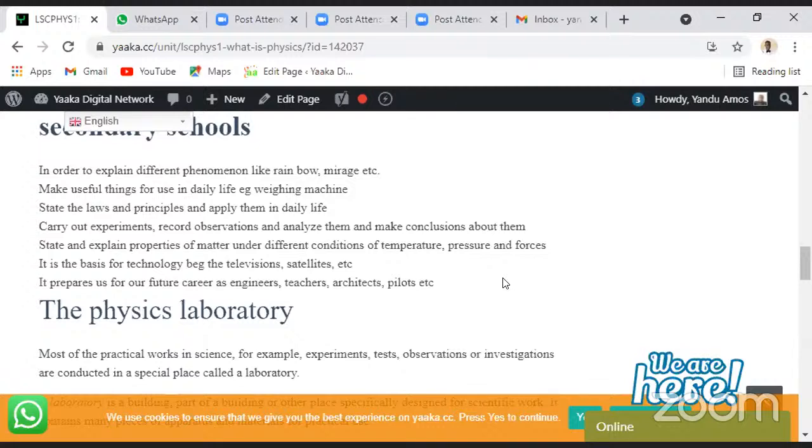I want to give an example where we have the televisions and now the satellites. So that's what we have there. It is the basis for technology. For example, the televisions and satellites. I think we have some spelling that we can work on there. We have satellites and the televisions. It is because of satellites and the televisions,